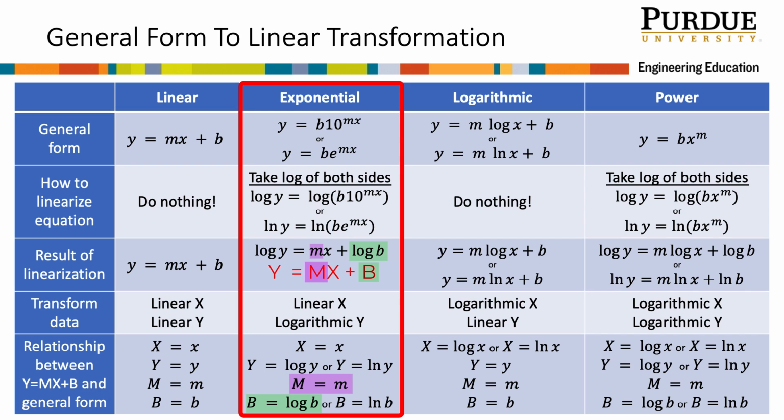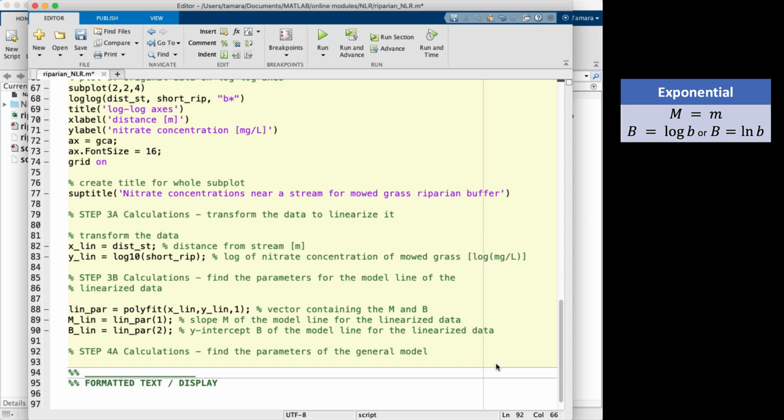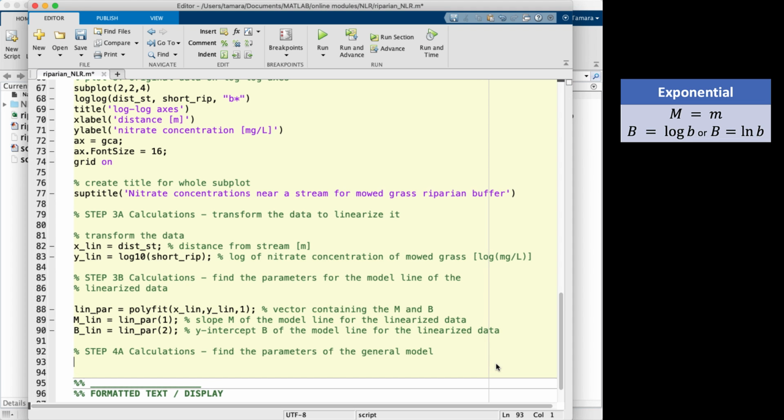Let's use this information to find little m and little b in our code. So step 4a is finding the parameters of the general model. From the table, we know that the slope big M is the same as the parameter little m. So m_model equals capital M_lin. Even though this isn't necessary, I still change the variable name since it helps me keep track of the transformation